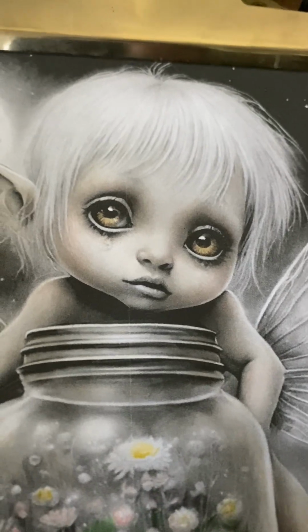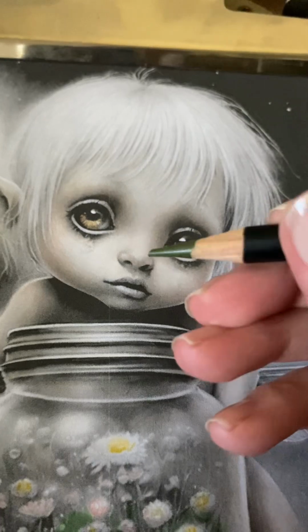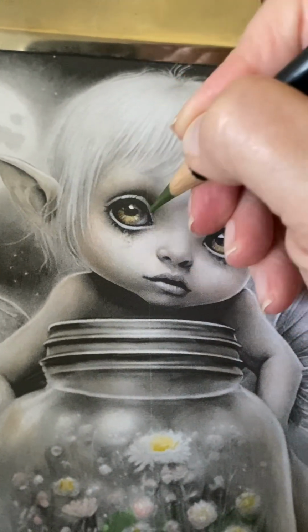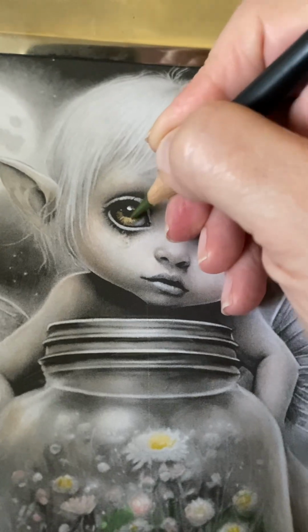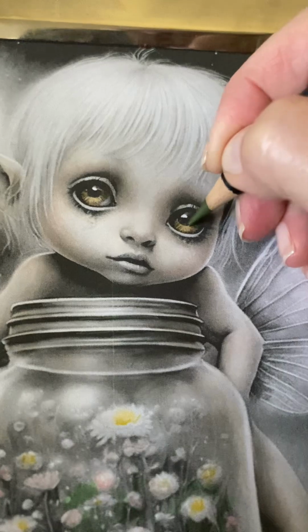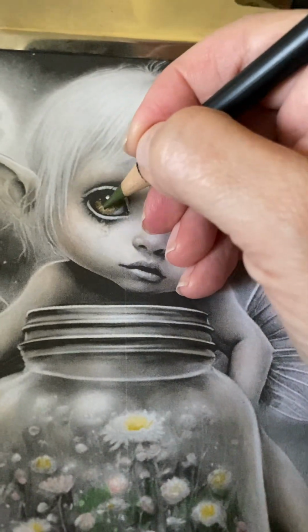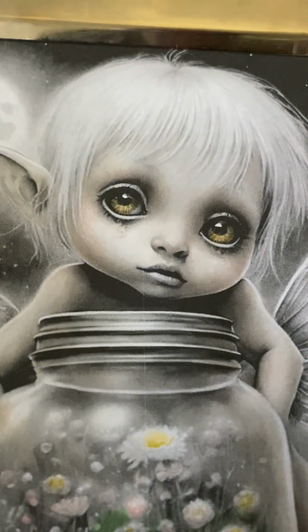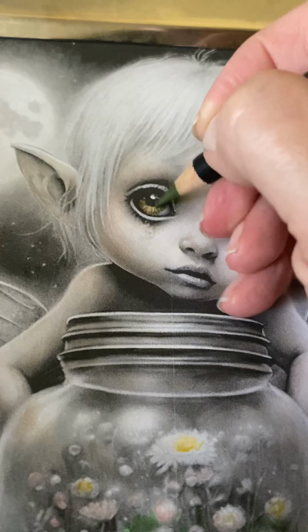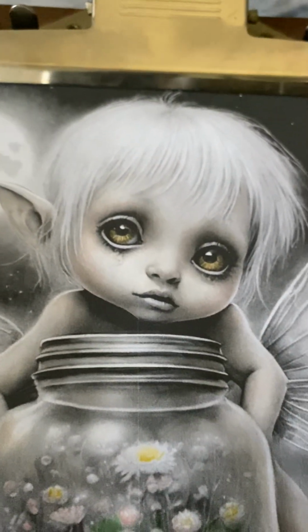And this is kind of a charcoal green color, deep. And I'm just going to put this here and there. But I think that'll work for her eyes. They're kind of unusual. And we'll do, let's see,